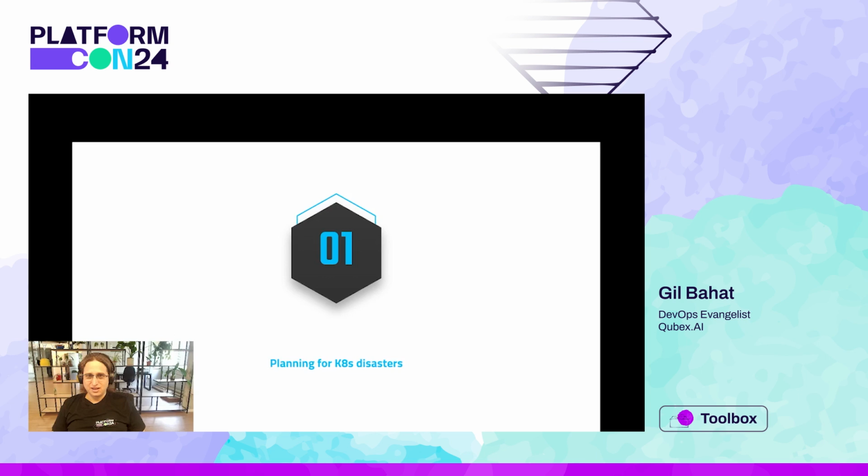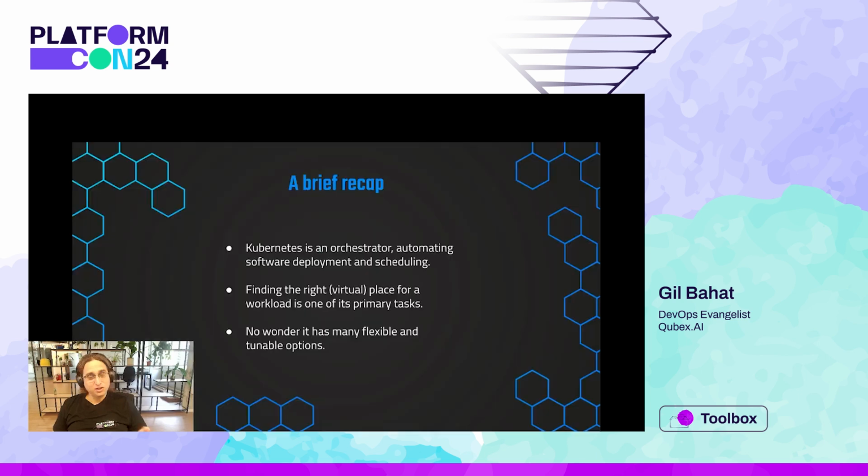Okay, so a brief recap. I'm sure that you're all knowledgeable in Kubernetes, but let's just remind us all that Kubernetes, by its nature, is an orchestrator. Its primary task is automating software deployment and scheduling. So allocating the right virtual place for a workload is one of the primary tasks of Kubernetes. So it's no wonder that it has so many flexible and tunable options, given that it's so endemic